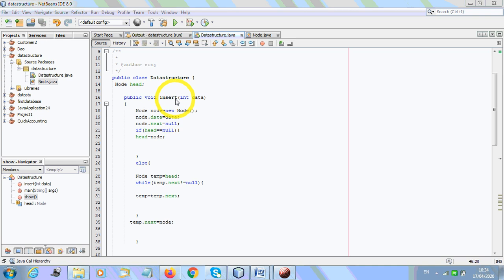Now try to understand. Now we are going to insert. So we have made the object of node. This is the first node which I have made. If head is initially equal to null, this is how the first element is going to be inserted. So the head will point to that node itself, because initially we have a single node. Again, if one node is already there and we are going to insert the second node, what will happen? Head will not be null, because it is currently pointing to the first node. So it will not be null, and we'll go to the else part.